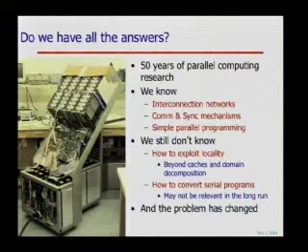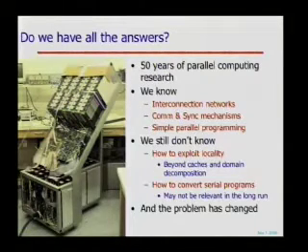This is actually a picture of a machine we built at MIT in 1991, the J-Machine. It's 1,024 processors, simple 32-bit RISC processors, with a fast interconnection network and actually a lot of interesting mechanisms for communication and synchronization. But the people who are designing these multi-core machines today are too busy designing them to go read the papers that people wrote in the 80s and 90s about how they should be built, and more importantly, about the mistakes that we made back then. And so they are obviously going to be sort of condemned to repeat those mistakes.